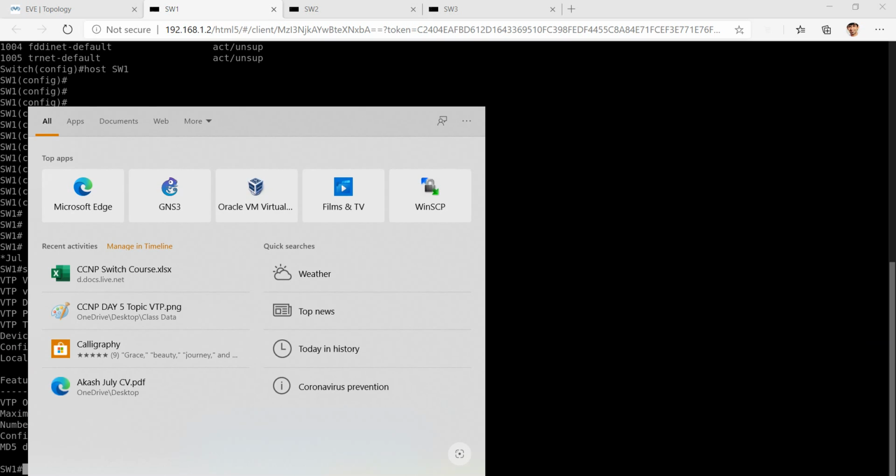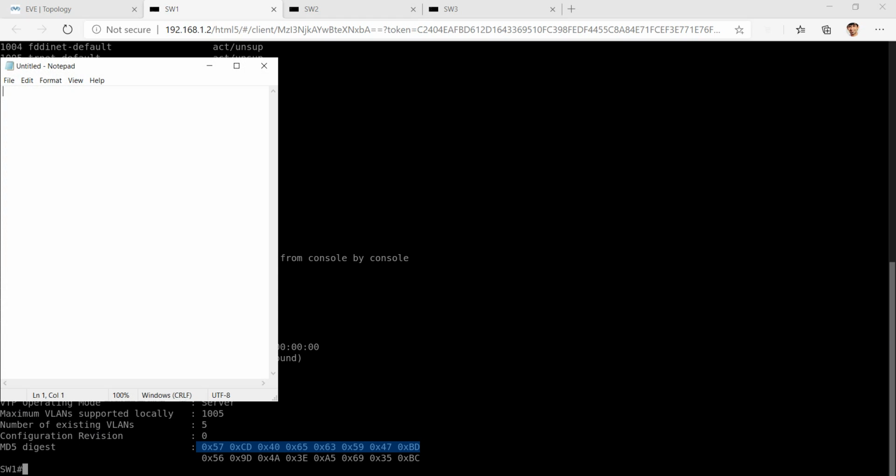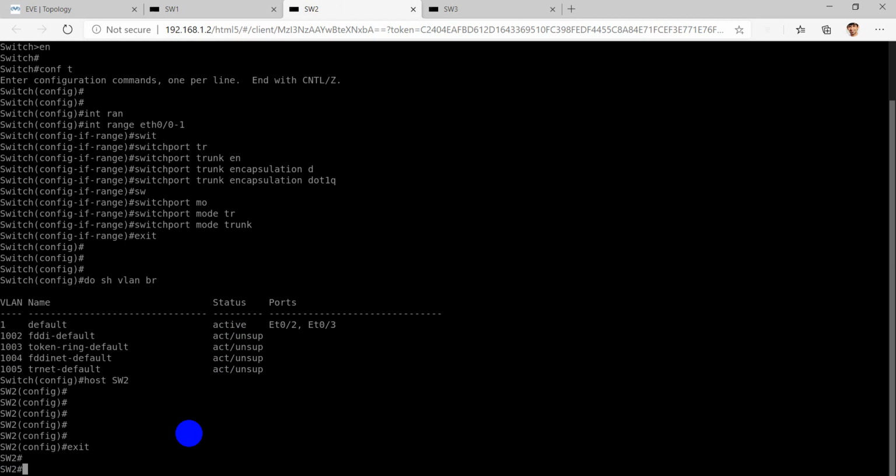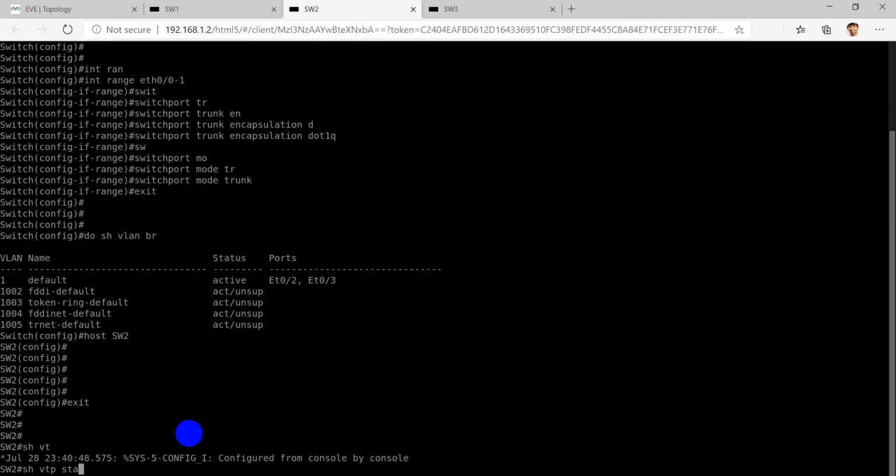So we'll just copy paste the MD5 values of the switches, switch 3 as well.